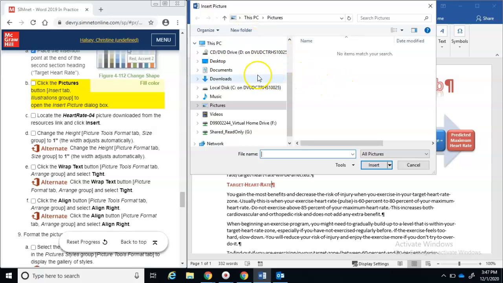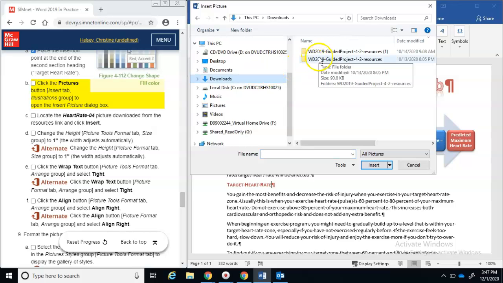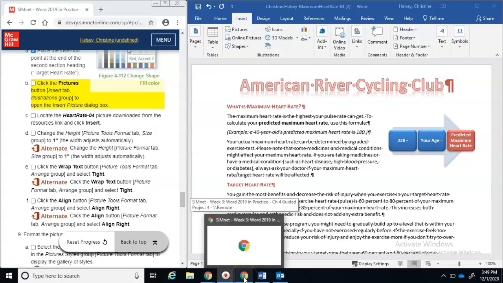That opens the dialog box, and in our downloads we should have the resources that we downloaded. That's weird. I know I downloaded them today. Okay, before we can insert the picture, we have to